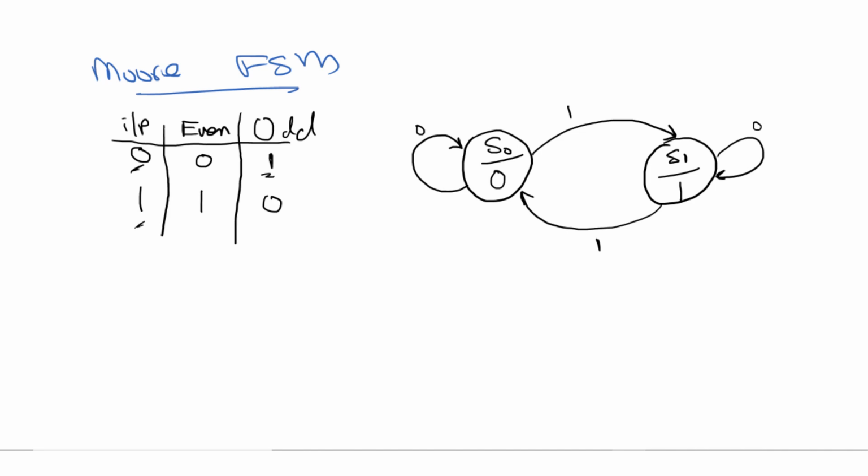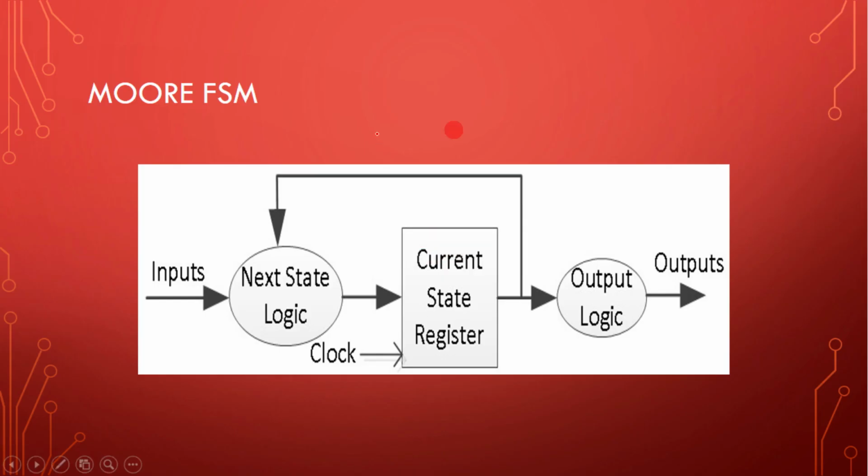Now let us implement it in Verilog. So this is your Moore type finite state machine. We have studied it in lecture number 11. Here this is your state register. This is your next state combinational logic, which depends on your present state as well as the input, and this is your output combinational logic. As you know, in a Moore type finite state machine, your output combinational logic does not depend on input. So this output combinational logic is giving you the output.